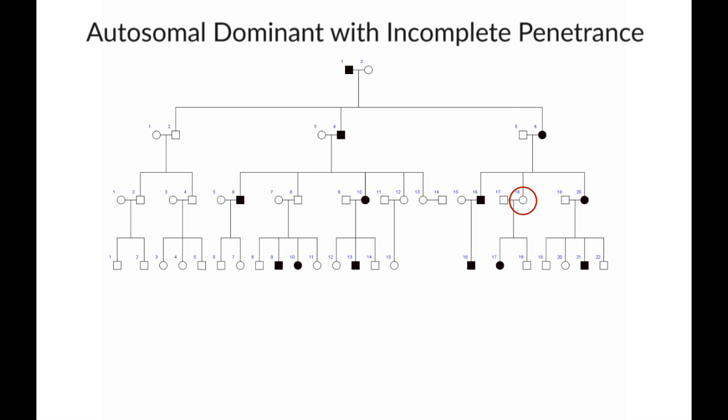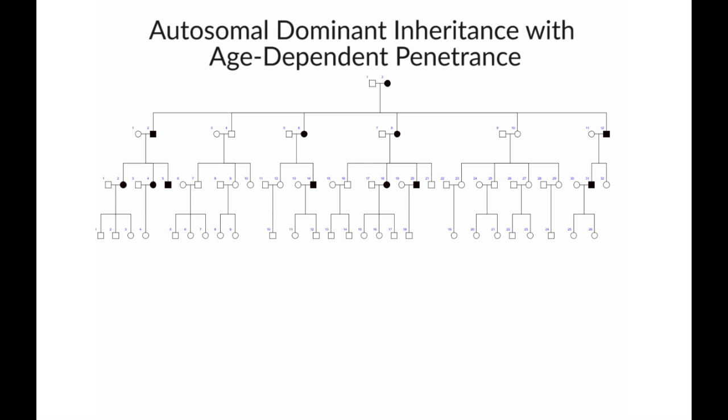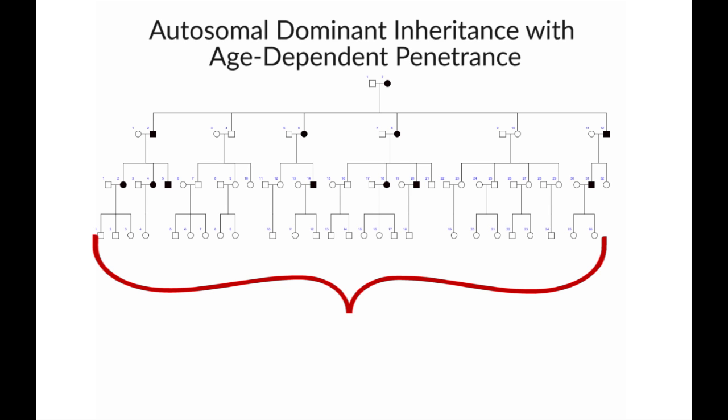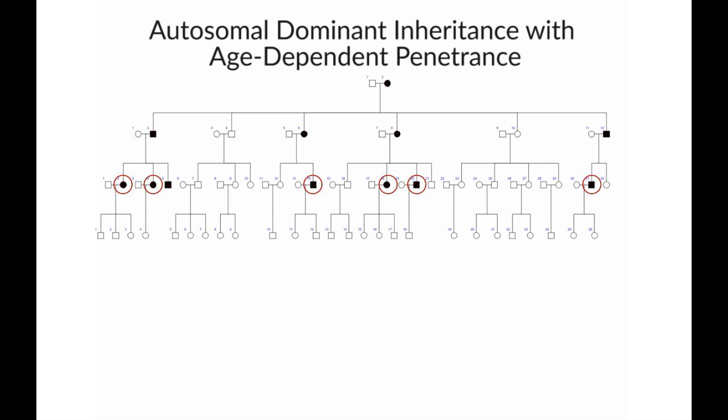Here's another autosomal dominant pedigree, but here you notice that none of the individuals in the youngest generation show a phenotype at this point, in spite of the fact that many of them would have been at risk of inheriting it from their parents. This would be an example then of age-dependent penetrance, where individuals in the youngest generation are not yet old enough